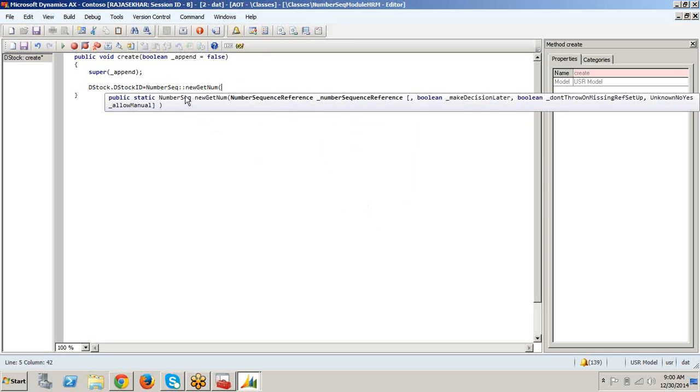So here we have a number sequence class which is having a static method called newGetNum. Okay, newGetNum will take the parameter of the number sequence reference.